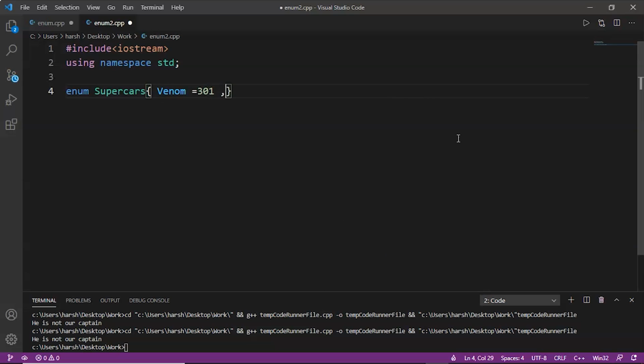These integers are actually the speed of these cars. 268, then Valkyrie speed is 240. Now Roadster 250.